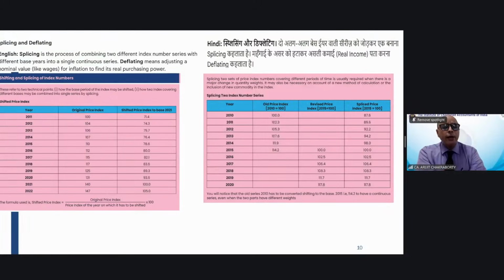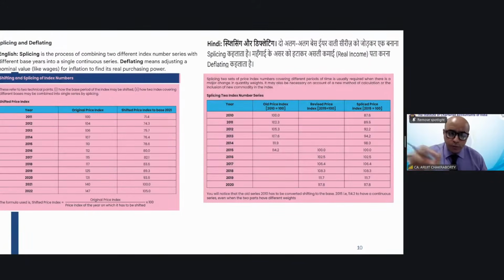इसका मतलब है splicing, spliced price index for 2010 क्या होगा? चलिए कैलकुलेट करके देखते हैं. 2010 का ओल्ड प्राइस इंडेक्स कितना है? 100. 2015 जो कि अभी नया बेस ईयर बनेगा, उसका क्या है? उसका ओल्ड प्राइस इंडेक्स है 114.2. So for the spliced index, if I want to calculate for 2010, now what I'll do is